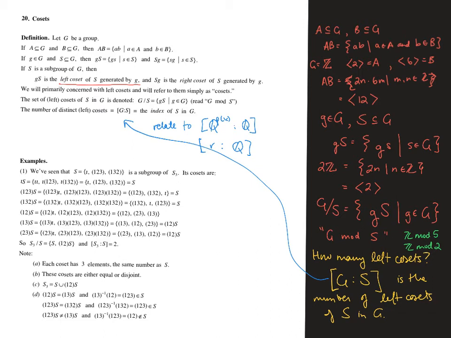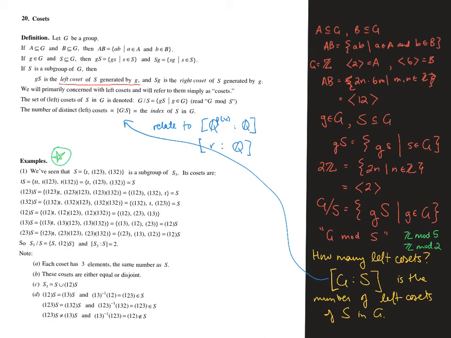They are pretty nicely done. The first example here goes through and finds the left cosets of a subgroup of the permutations of 3 elements, the group of permutations of 3 elements, and it works out what the left cosets are. And it turns out that there are only 2 of them because a lot of them get redone, and that kind of makes sense. So I'm not going to go through all of the multiplications here. I'll let you practice those